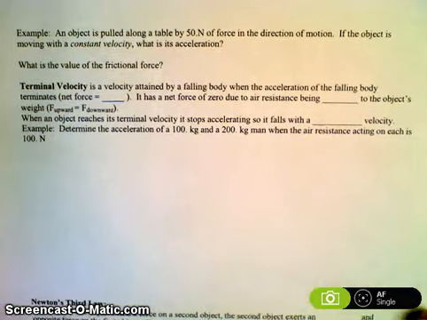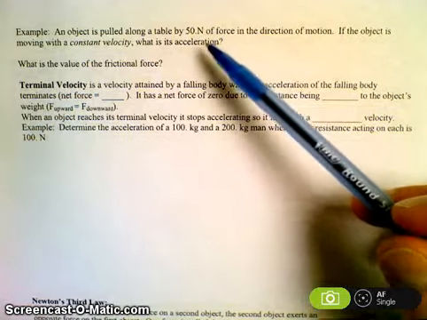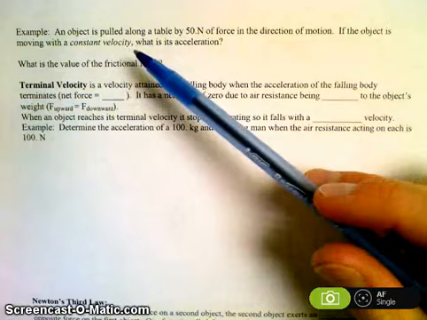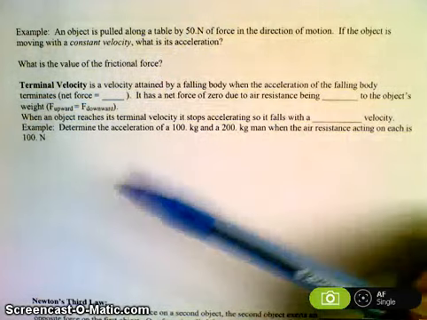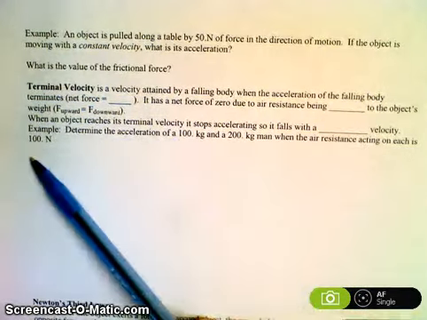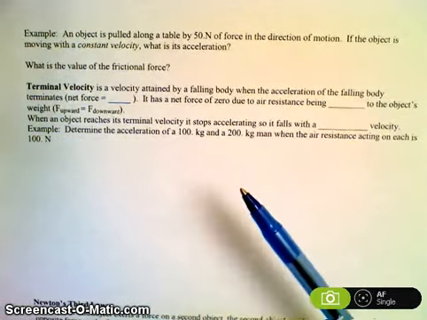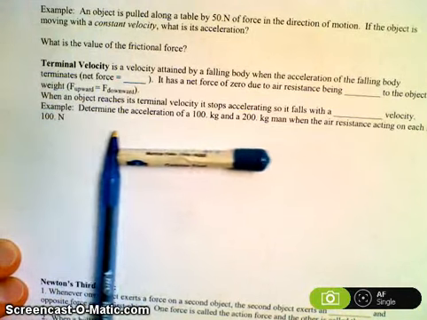Alright, let's look at the back sheet, or the second side of this. Let's look at our next example. It says an object is pulled along a table by 50 newtons of force in the direction of motion. If the object is moving with a constant velocity, what is the acceleration? So right away we should be thinking, okay, if I have an object that's moving with a constant velocity along the table, there has to be something true about the forces acting on it. So if this were my object and I'm pushing it with a constant velocity,